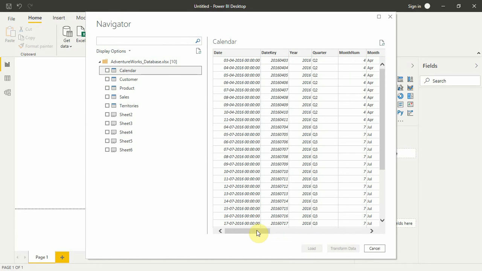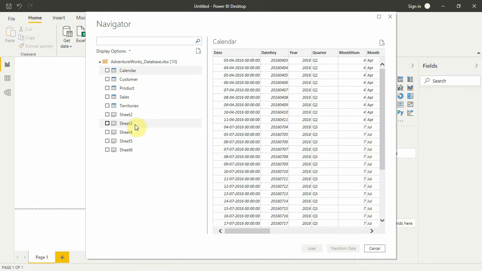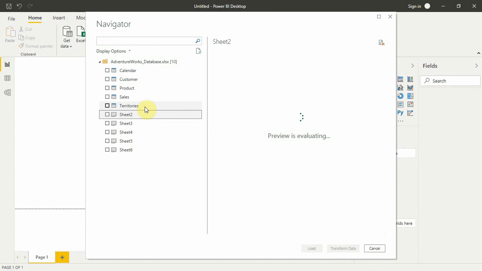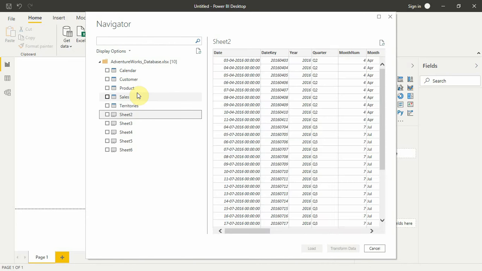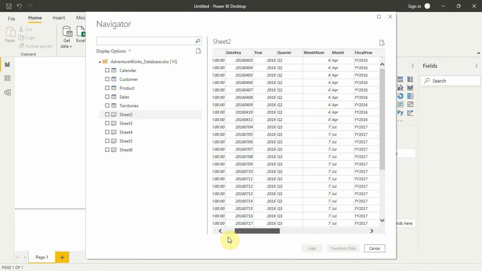As you can see, it is our table, date, data key, and I'll show you this sheet will also look pretty similar because this is a sheet and on this sheet this is a table. Both of them are the same. As you can see from the icon, it is quite visible that this is a sheet, and it is written sheet here, and the table names are mentioned here. So this sheet is similar to that table.